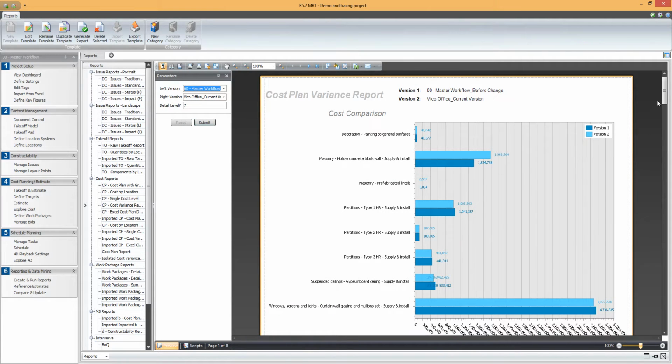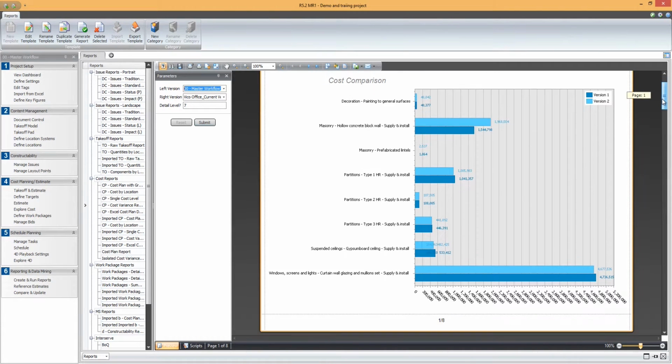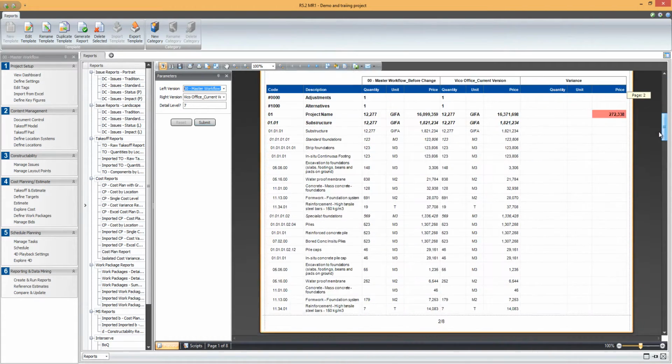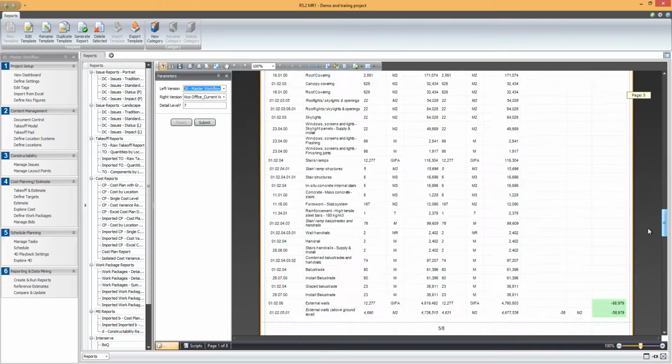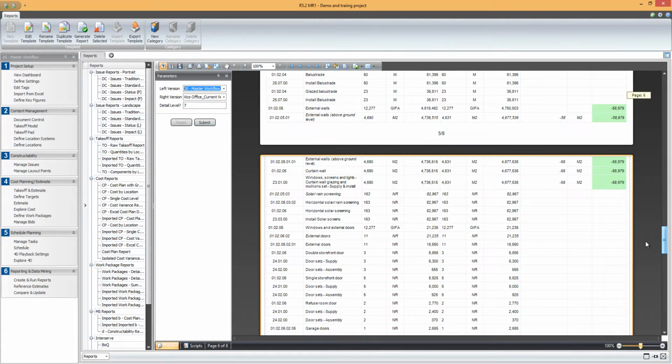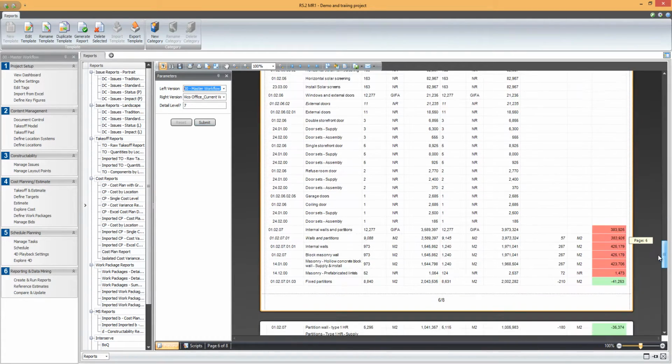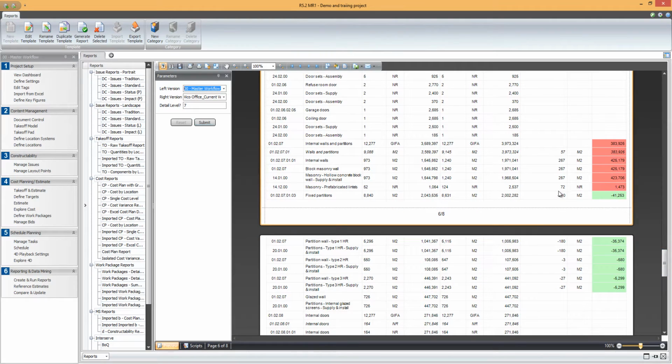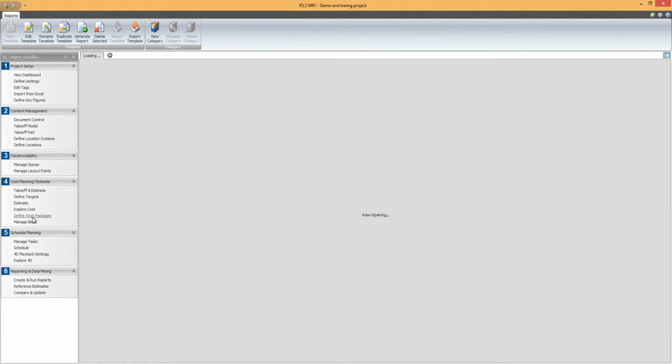So a quick graph showing you what's changed quantity-wise, and then we can scroll through this list and find the relevant sections. So if I just keep scrolling down here, I've got my internal walls and partitions. So that's the same stuff that I'd packaged up before. So I know that it's changed. So if I go over to my work package,